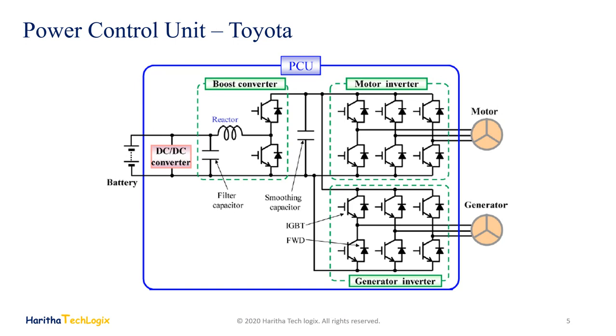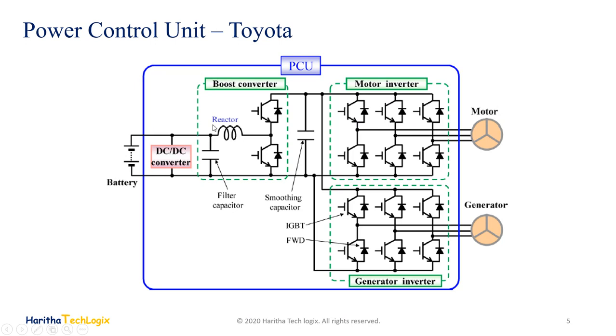You can see that because of the two motors here, we have two pairs of switching devices, one for each drive motor. So these are the switching devices like the IGBT, insulated gate bipolar transistors, or it could be MOSFETs, metal oxide semiconductor field effect transistors. All these semiconductor switching devices are used to operate the electric motor. In addition to the inverter pair, we also have a boost converter.